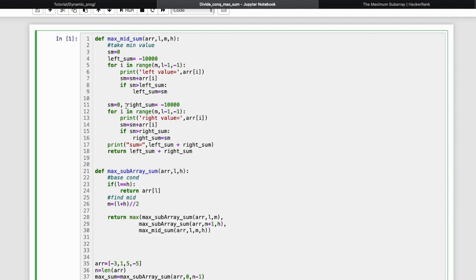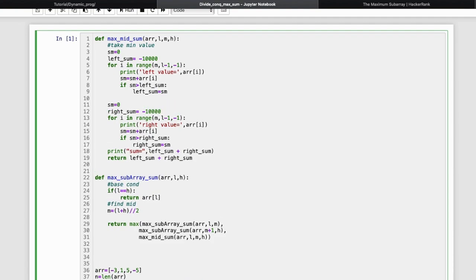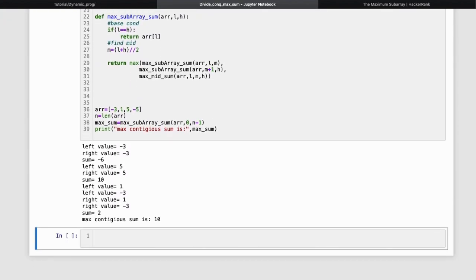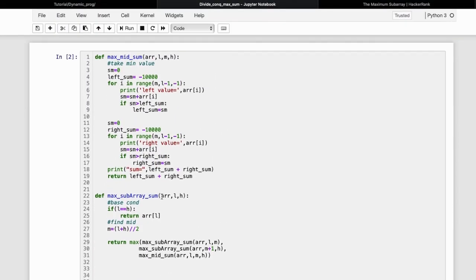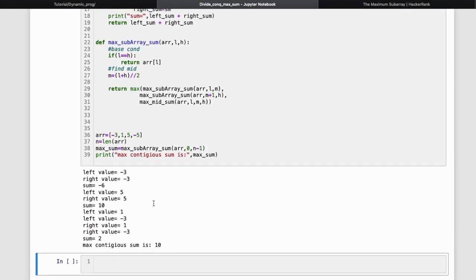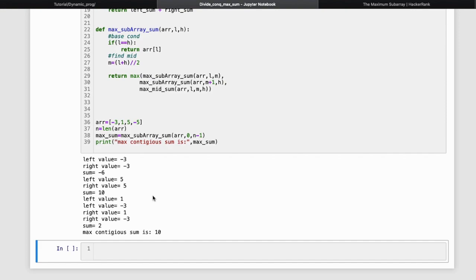So you can see here we are getting the maximum continuous sum as 10. Means it is not working, something is wrong.